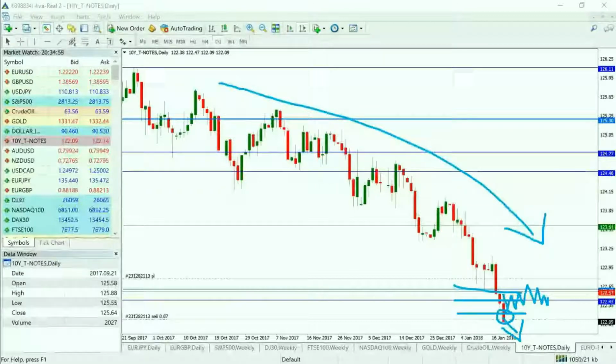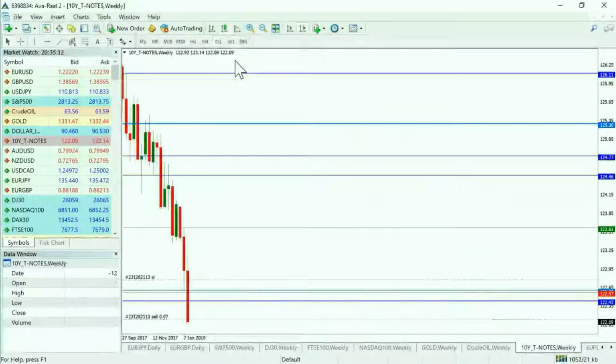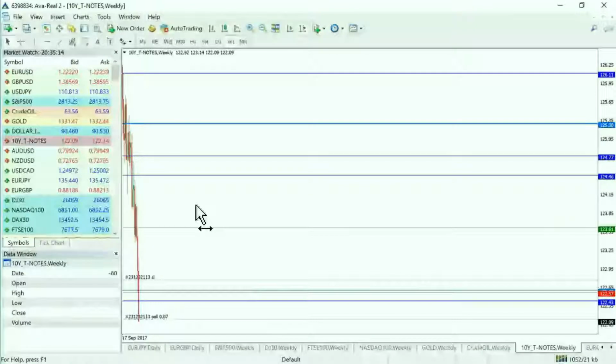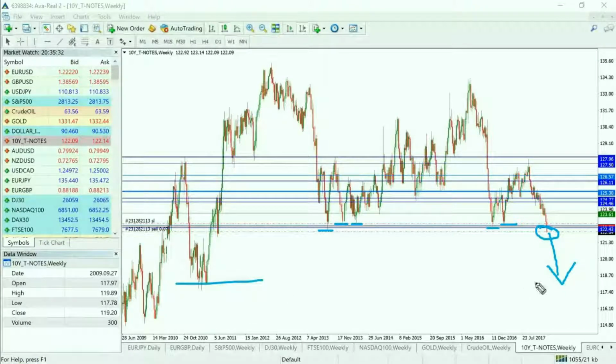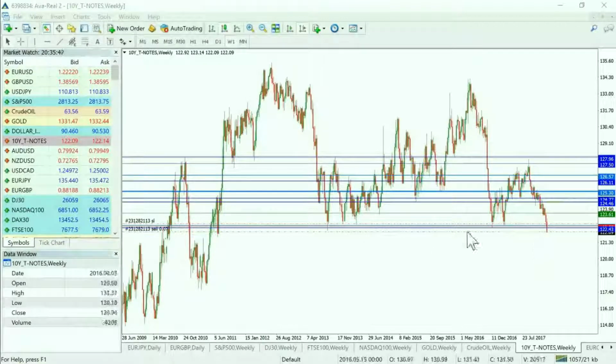Now I'm going to show you exactly what that is when we flick over to the weekly time frame. You can see these levels in here. You can see that level of support, and our entry price to the downside is just beneath these levels. So we've now had a confirmed break of that, and there's nothing but air underneath us. So we might be looking for a move down to the 118 level. And we've discussed many times in our live trading the fundamentals behind this trade. So it's a very simple, straightforward idea. Again, it could represent a fantastic opportunity for us in 2018, so we're going to be monitoring it very closely.